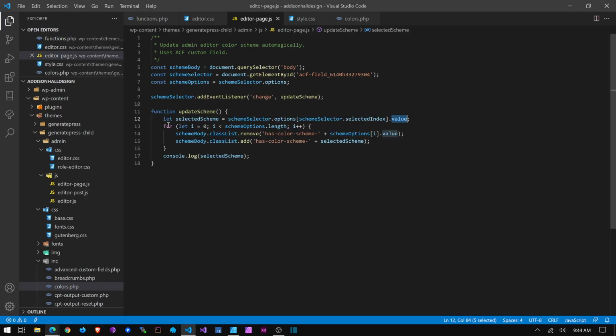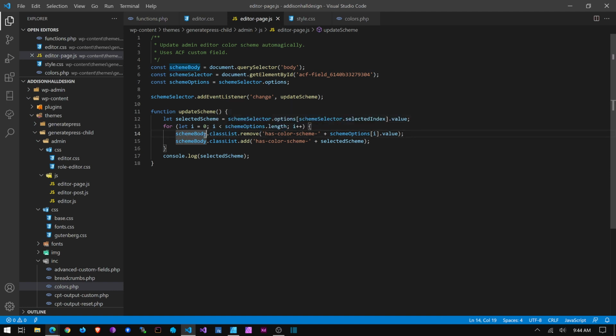And it's saying, okay, then you have to run a loop. So you have to go through the scheme options, see, that we've created here. In the for loop, you have to do this little thing where you say, okay, let i equal 0, as long as i is less than the length of scheme options, meaning, how many options are there? There are 3. So it's going to loop 3 times, and it's going to check all these things. Okay,